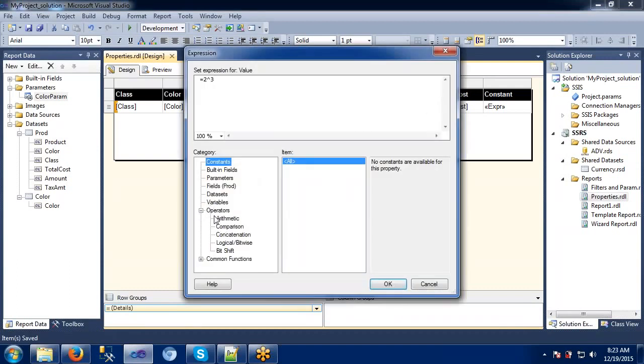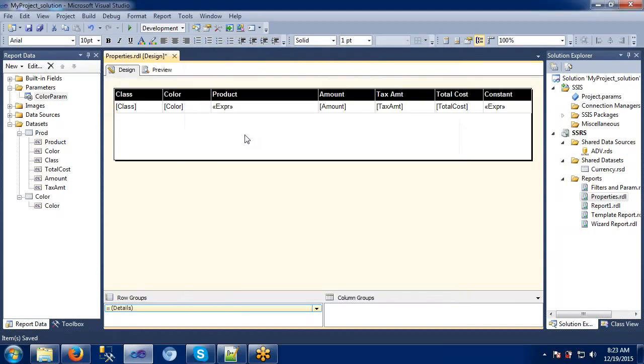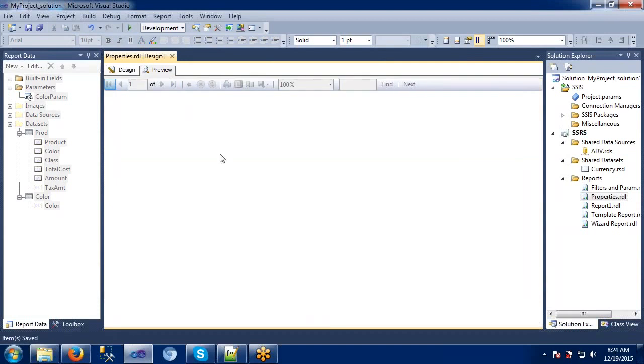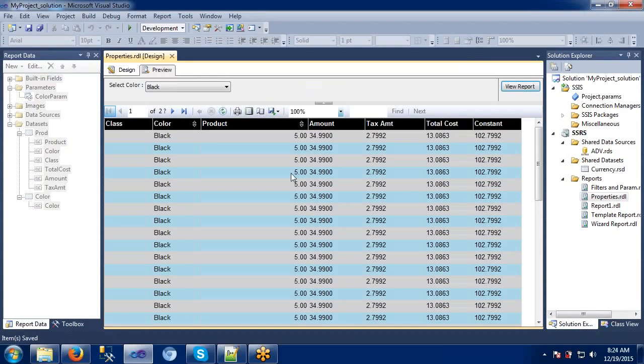In the same way, we have a number of things available here. Multiplication: simply double click this one, 2 to the power of 3 into something, or else directly 2 into 3. Like this we can use all of these. We can use plus for adding two numbers, so 2 plus 3 is 5, and it should be displayed. I don't think these arithmetic operations need much explanation. It will display well when you are practicing.